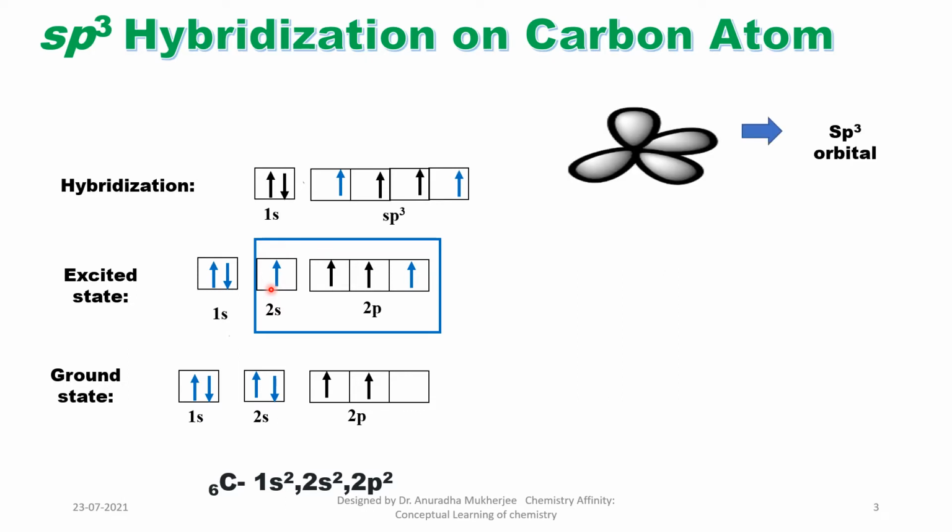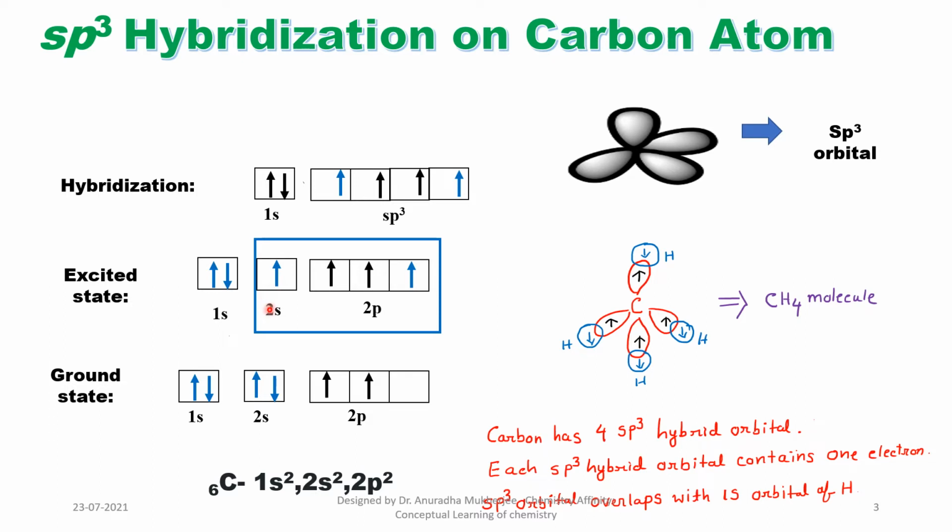That means one s and three p orbitals. So what is happening here? The 2s and the three 2p orbitals get mixed and they form sp3 orbitals. These four orbitals you can see are degenerate, which means the energy level is the same. There is no energy difference between these four sp3 orbitals, because the 2s and the three 2p orbitals get hybridized and form new orbitals at the same energy level. That is called sp3 hybridization.